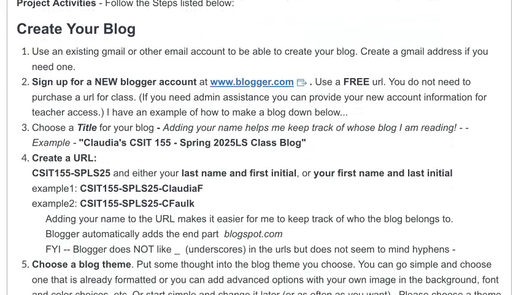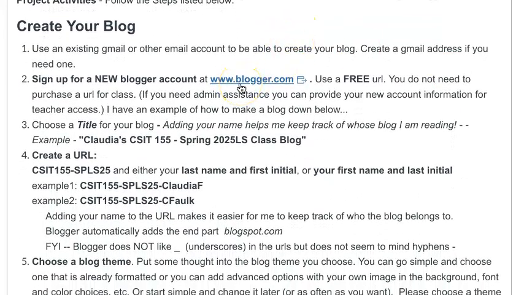I want you to create your blog, and I want you to use Blogger because it's super easy to use. It has themes and things to work with, and it's free. I like all those things together. If you have a Gmail account, use that to log in. You can use other accounts, but Gmail is great because you can go to your Gmail account, and then up at the top in the corner, for me, I'm on a Mac, there'll be the little grid of dots. You can click on it and scroll down, and there will be Blogger. You can click right on it, go right to your account, and add another post because you'll be writing posts all semester long.